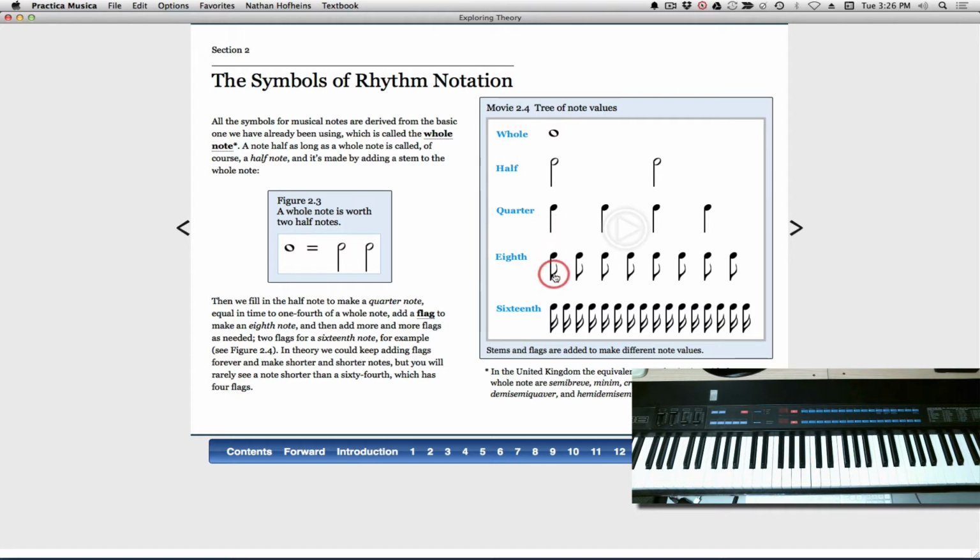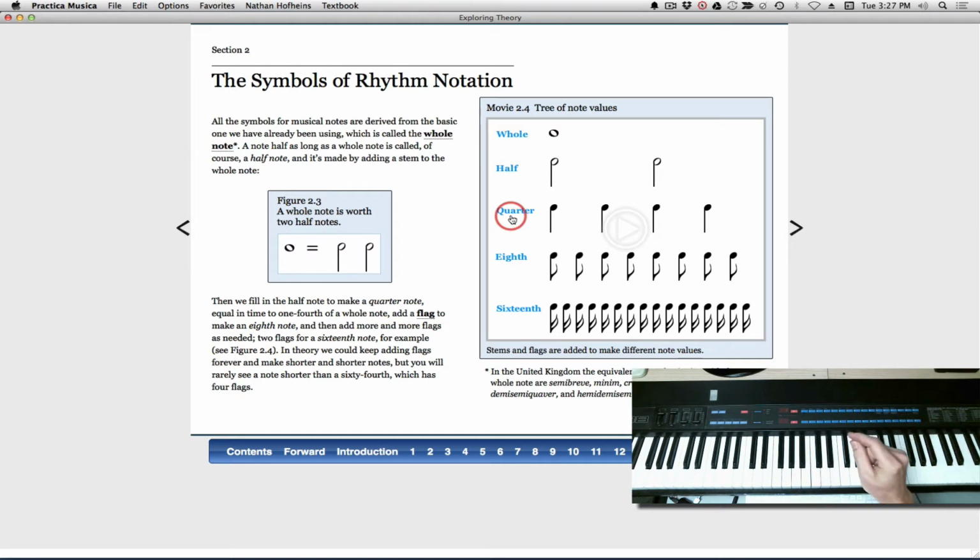And here is the flag. Okay, and the way this works is each whole note gets twice as many beats as a half note, and a half note gets twice as many beats as a quarter note, and so forth. So if our beat were this,